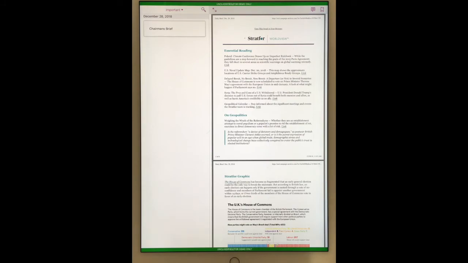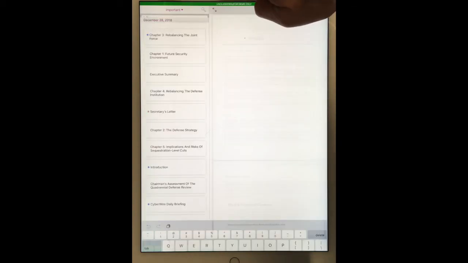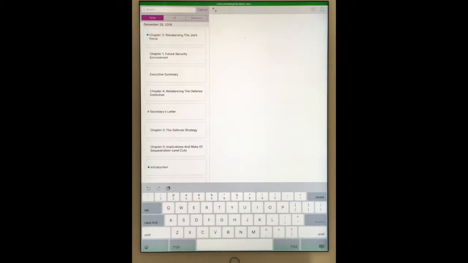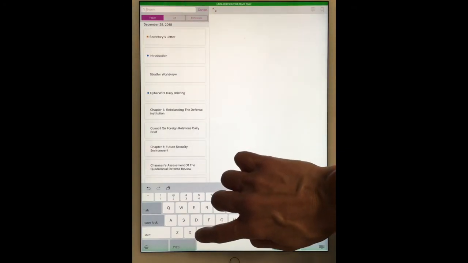Now we'll take a look at the final feature of ICView2, which is the Advanced Search feature. Tap the search icon in the top left corner of your screen. Here you'll be presented with the option of searching just today's books, all books, this is helpful if you have multiple days added to the iPad, or reference materials. Search is dynamic, so as you start to type your keyword, you'll start to see options appear that match what you've typed so far. So I'm going to type cyber here,